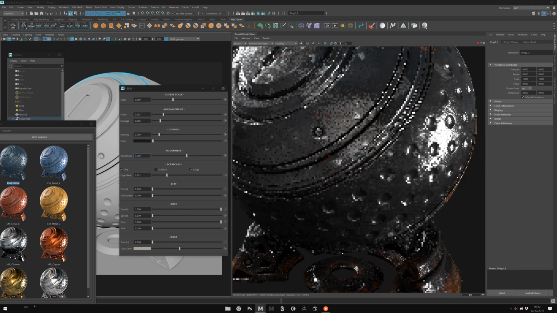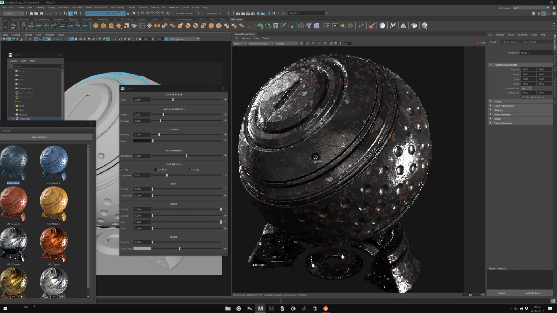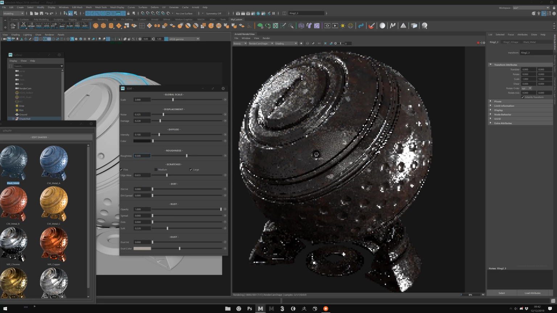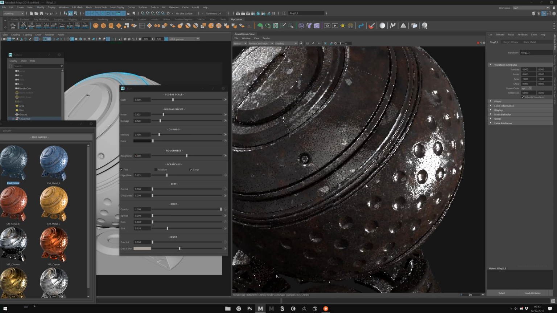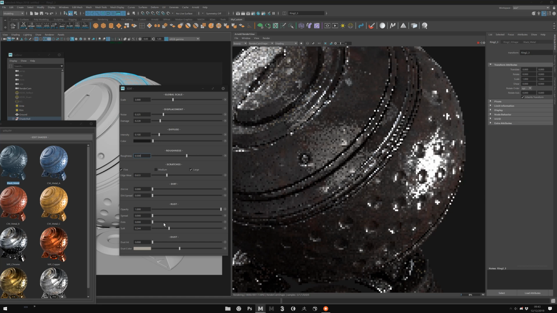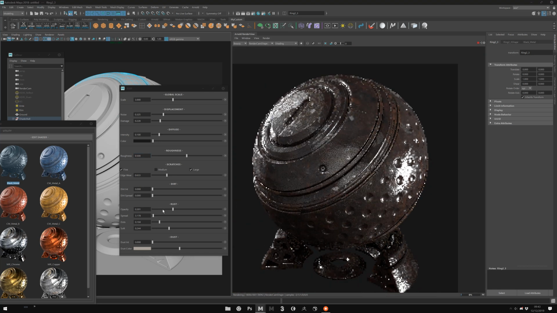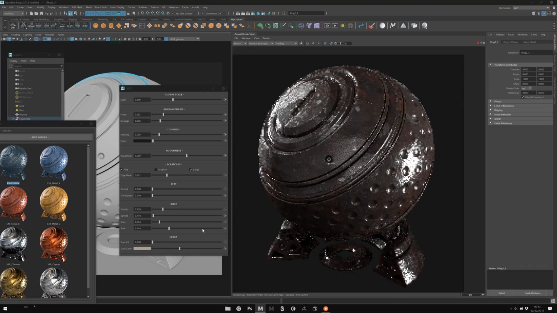Then you have dots that will add only little dot spots of rust on the surface. Okay, this is a layer. And the soft one, which is, you see, something more subtle and soft on the surface, same thing. So one more time, you have enough to play with opacity and have a great rust effect. Okay, I will go to 0. And the last one, a dust, same thing.